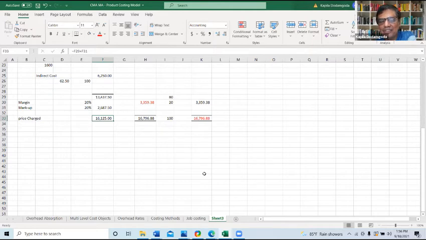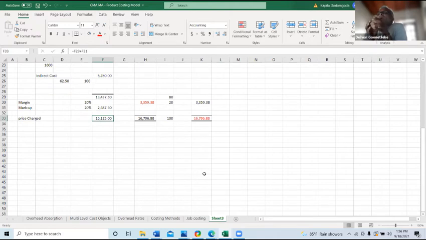Anyone else, if you have a different view? Yeah, I think another way of looking at it is when you have the opportunity to charge whatever you want on your cost, then you can think of going for a markup. But in certain industries, you have a market price. So then it's worthwhile looking at the margin, because you are anyway blocked at the selling price level, right?